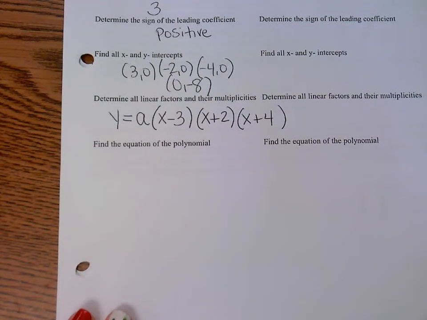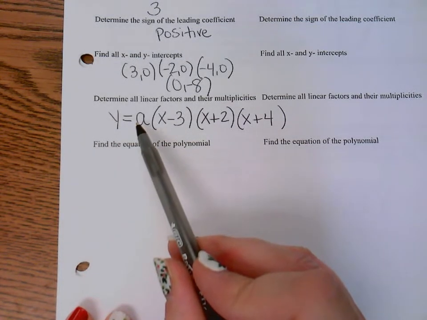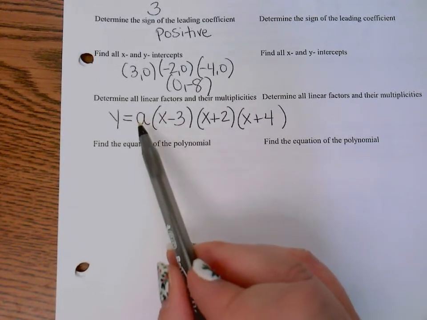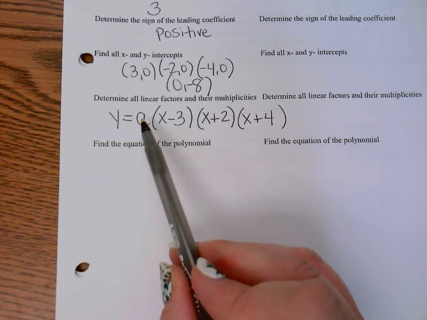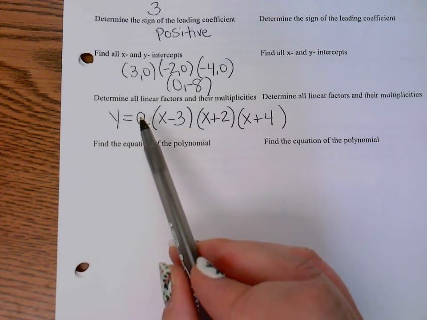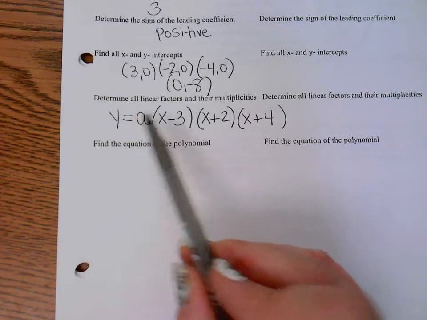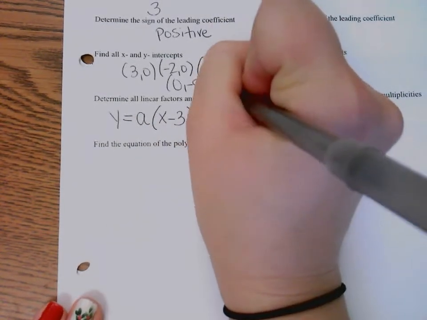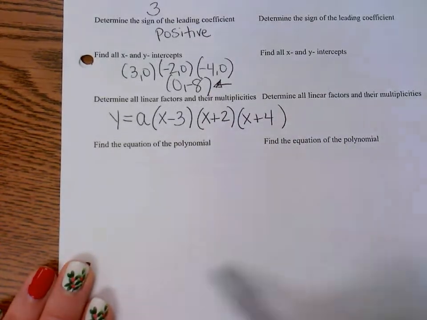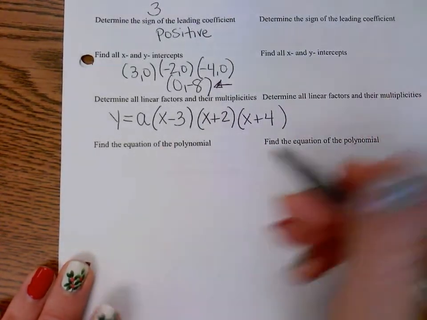How do we know which one? A is a stretch factor. There's no x value there. So to find the stretch value, it's the same as when we did our quadratic launches. Remember we had to plug in that other point for x and y and solve for a? Same for polynomials. Well, guess what your extra point is going to be? Your y-intercept. So the last step to solve for our equation, and we'll just do the next one together tomorrow,